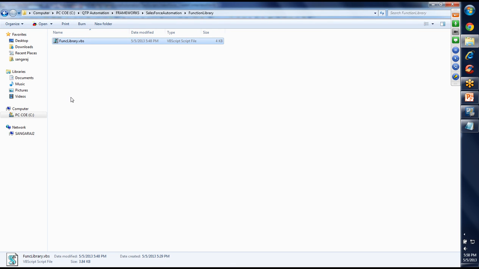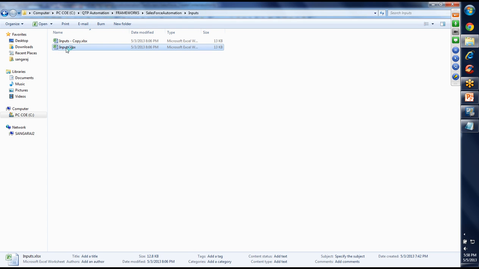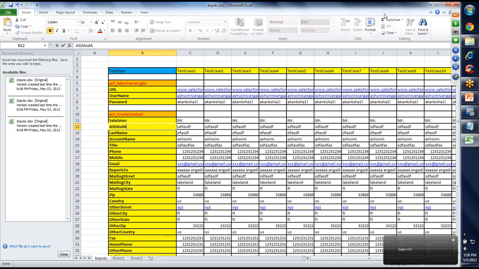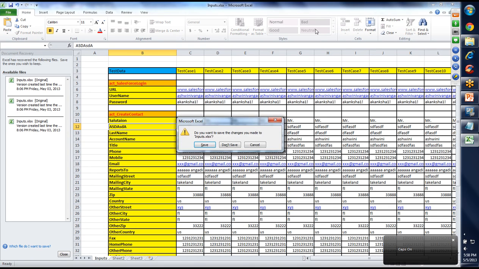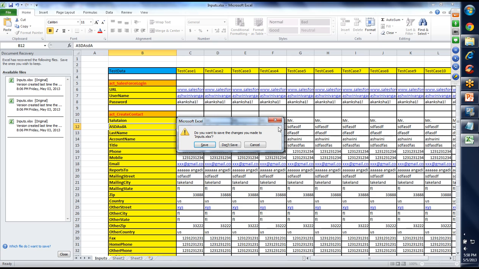So if I open that XLS file, again I have to open Excel. So inputs, I am doing some changes. Now if I close, see, this kind of messages I am disabling temporarily. Okay, so then I'm canceling